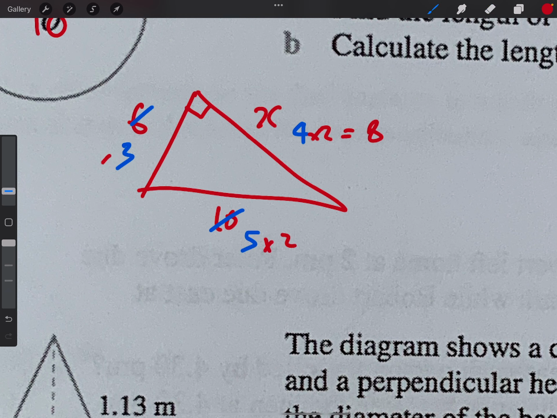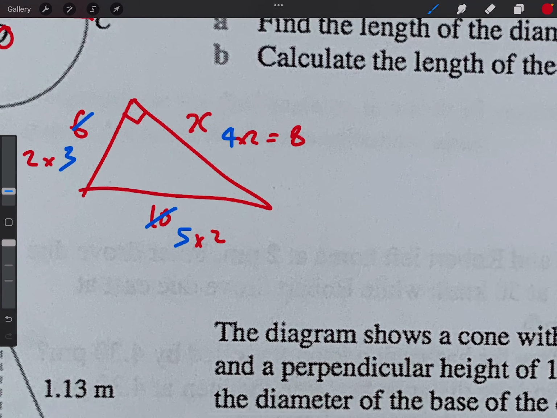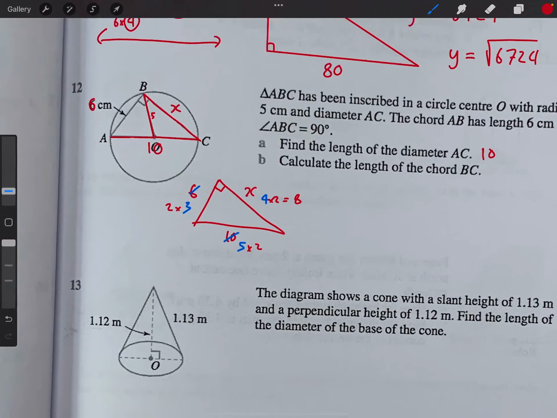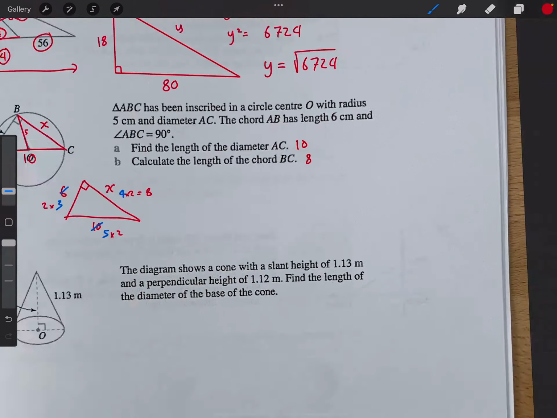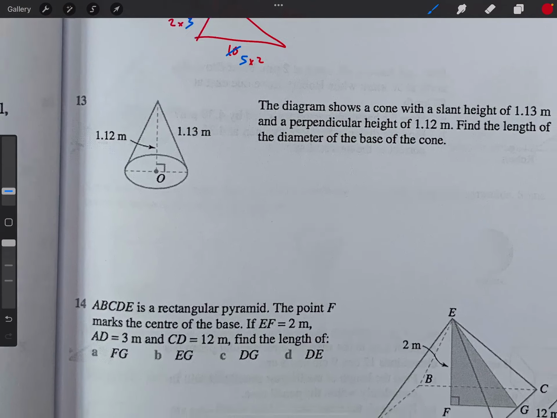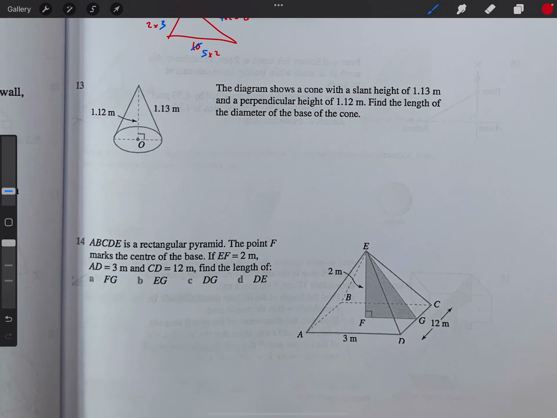And this is 3 times 2. There you go. So therefore that has to be 8. So therefore x is equal to 8. All done. Question 13. The diagram shows a cone with a slant height of